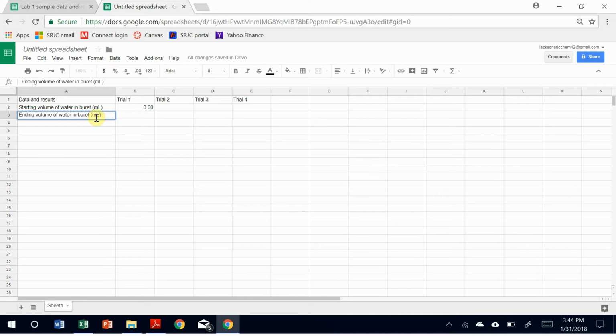Again, units of milliliters. For me, that was 40.88. Yours will be different. And then finally, since we dispensed into the graduated cylinder, I want to do the graduated cylinder reading next. So volume of water in graduated cylinder. Units. Oops. If you actually mistype something in a cell and you want to get out of it, just hit